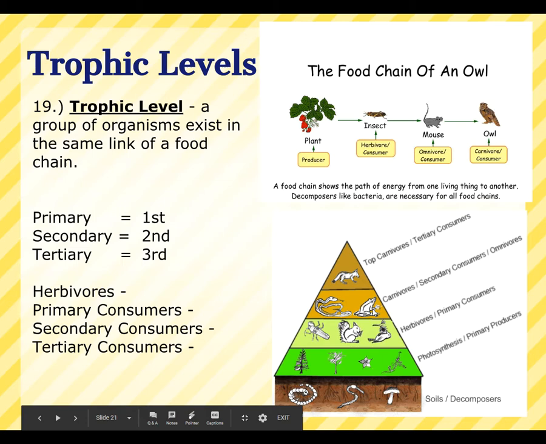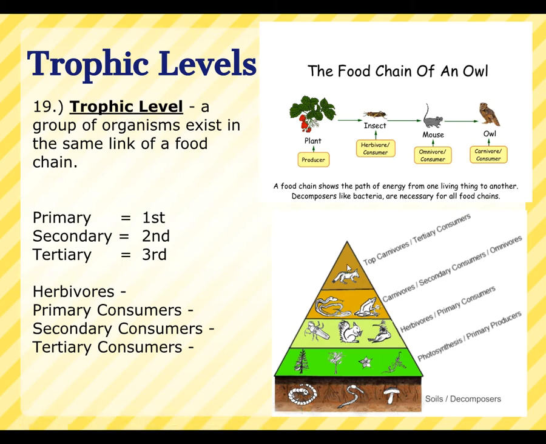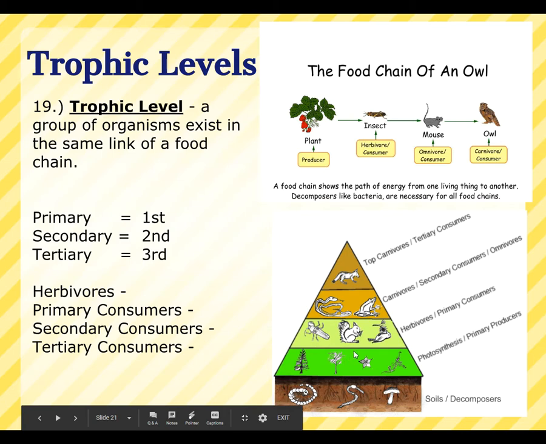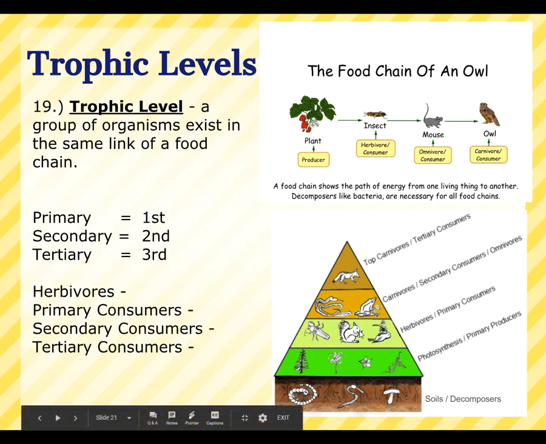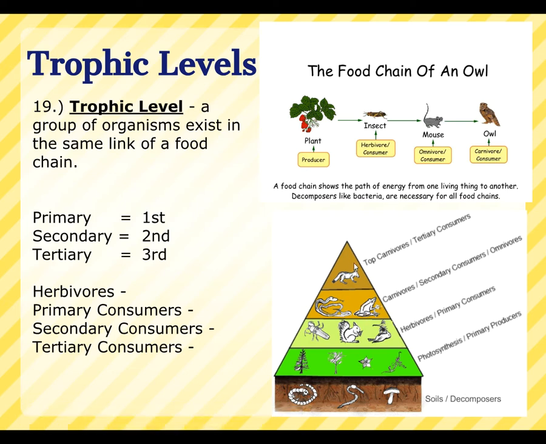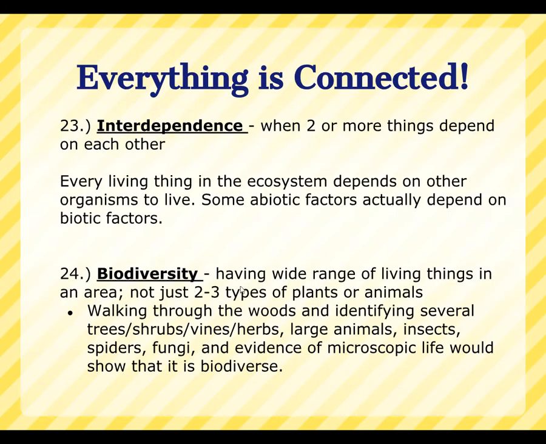But all these are consumers, and so we say these are the first level consumers, second level consumers, third level consumers. Another way to say first, second, and third is primary, secondary, and tertiary. It looks like tertiary, but it's tertiary. So these would be the primary consumers because they're the first consumers on the food chain. This is an energy pyramid, but if it were a food chain, it would be primary, secondary. What would these ones be called? Tertiary. Those are the different trophic levels.